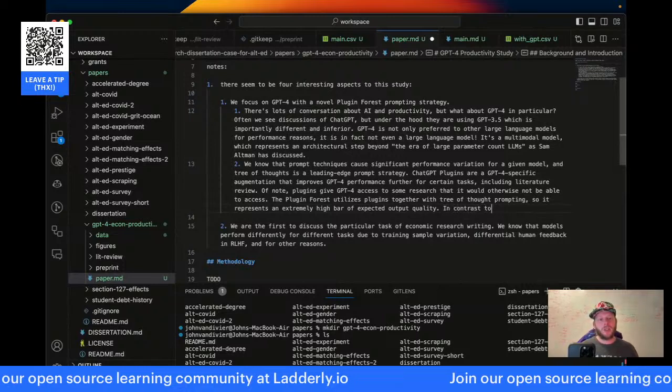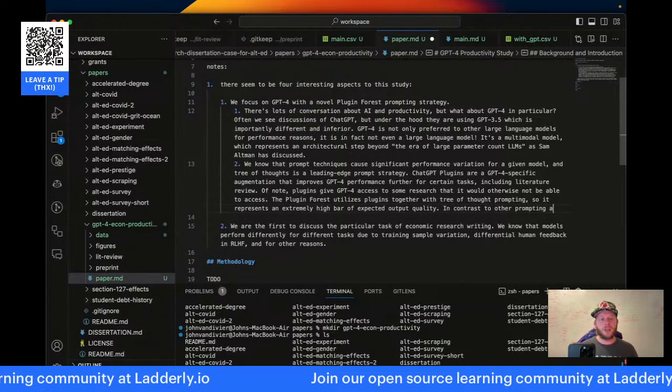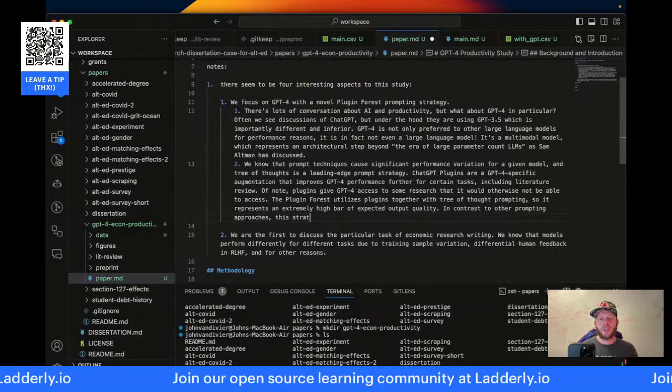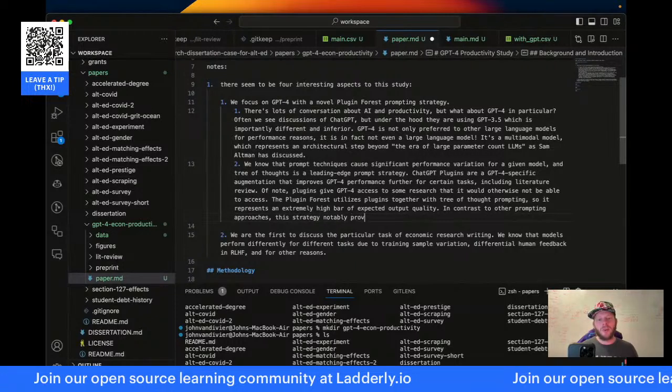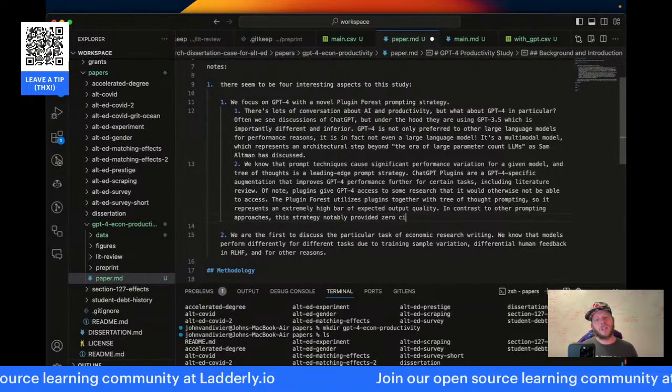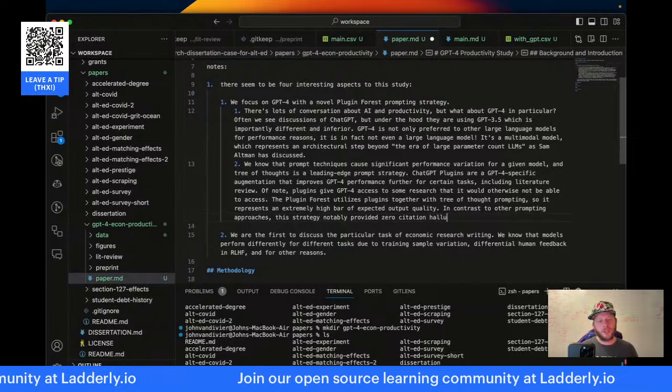In contrast to other prompting approaches, this strategy notably provided 0 citation hallucinations.